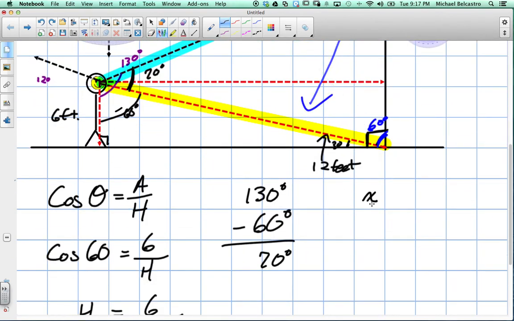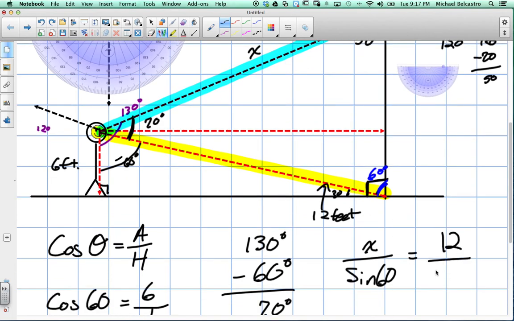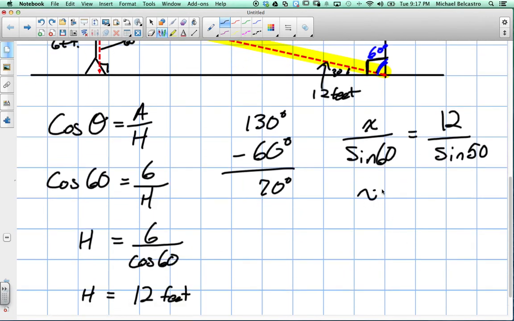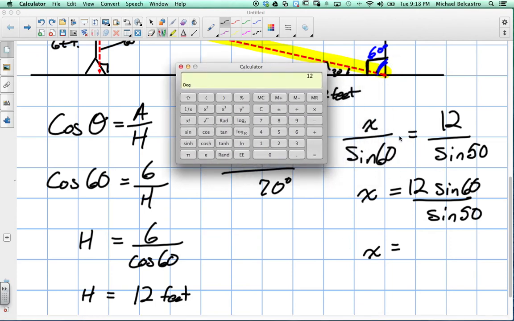That's x over sine 60, because 60 was the opposite of it, is equal to the distance, which was 12 over sine 50. Okay, and really what this all means when we put it all together, this is 12 times sine 60 over sine 50. So our x, or other side of that triangle, will be equal to, and we'll have to figure out in our little calculator here, and hopefully I can do this all in one step. I already have the 12 in, so 12 times sine 60 equals, divided by, in brackets, sine 50, in brackets, is equal to